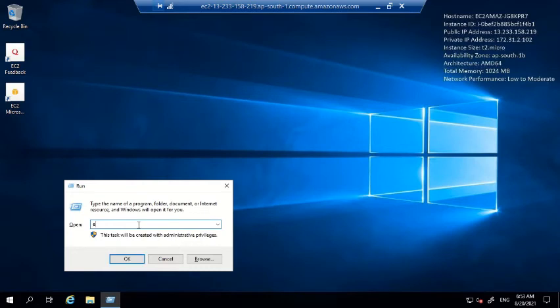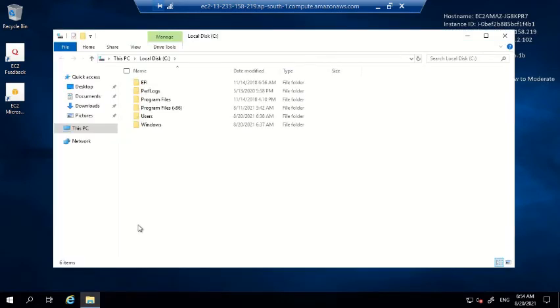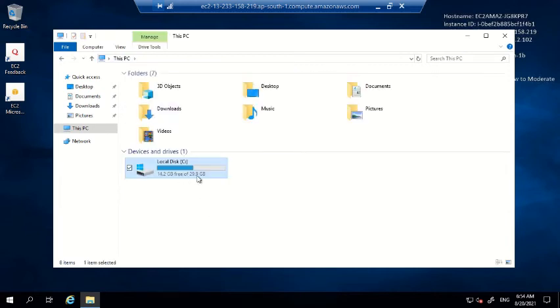Okay, so let's move to the C drive. As you can see, it is the usual C drive. Total 30 GB of space is allotted to us, out of which 14.2 GB is for the basic installation of the Windows and every other free software that came along with Windows.